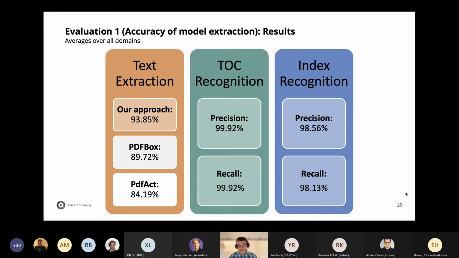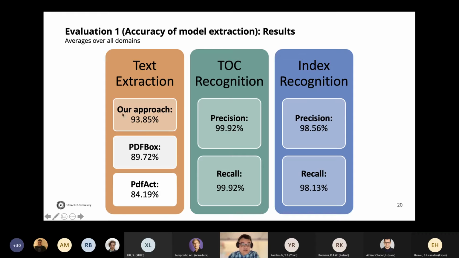And the EPUB version basically is an XML, and parsing XML is a trivial task. So we assume that EPUB represents the correct full content of the textbook. And then we compared what we can get from our PDF extractor. And we compared this against some other extractors that we have found in the literature. And the first orange block here shows that our approach can recognize much better what is the actual